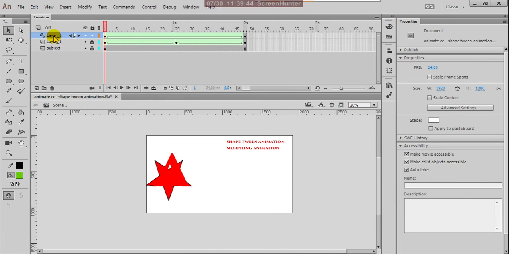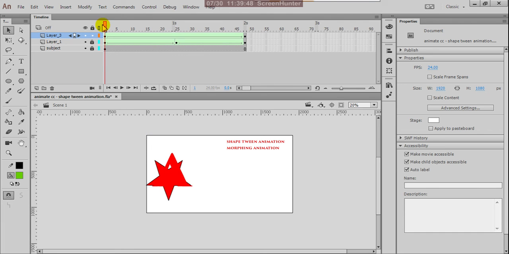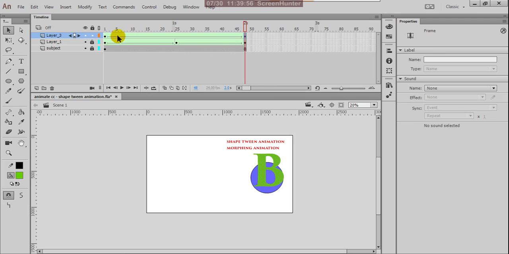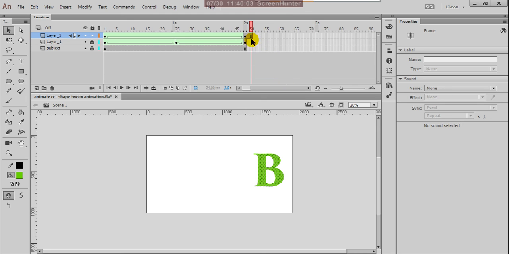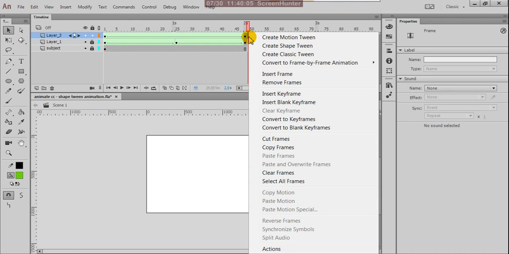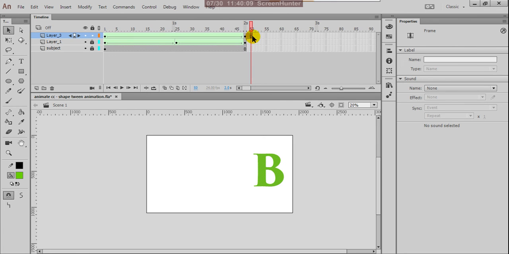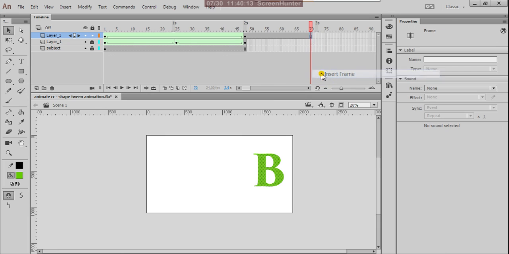Okay, so this is about shape tween. The shape tween is also possible between two keyframes. Suppose here if you give insert frame, the shape tween is not possible, because here you want to give another shape for this.